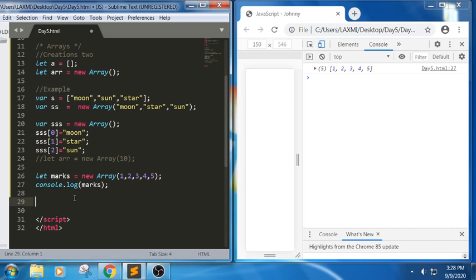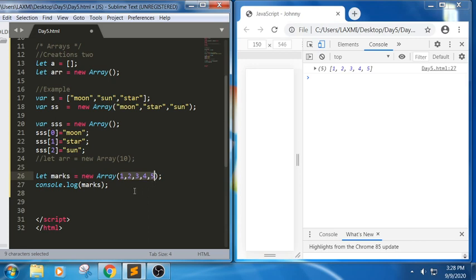You got to know that whenever we write 10 here, it means the array has an initial size of 10. If I want to write 10 elements also, you can write it this way, where I write everything separately: 1, 2, 3, 4, 5. It means it is storing 5 values.